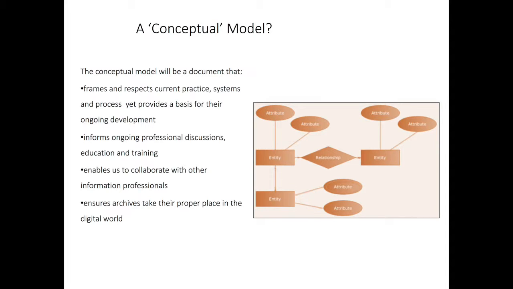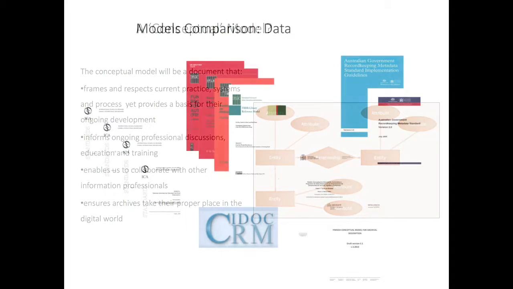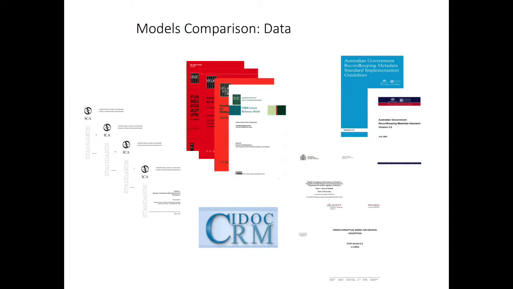Again, as is being quoted quite a lot from John Hocking's plenary on Tuesday, RiC is conceived to take us out of our archival description, out of our archival box and out into the world. This is a frankly complex and daunting task, but fortunately, of course, there's a great deal of work on which we're building. We began then by comparing and contrasting a set of pre-existing models for archives and other domains. And these will be found referenced alongside a more general literature review in the bibliography and consultation draft.